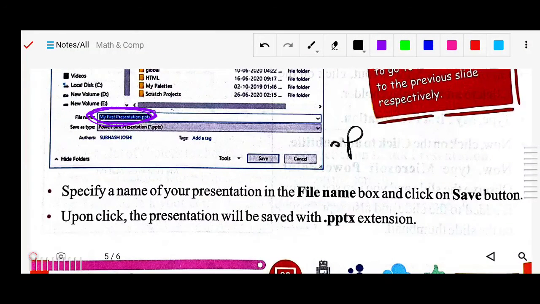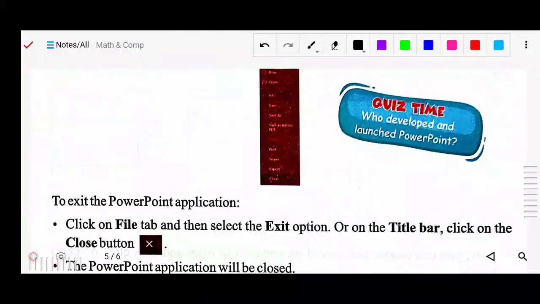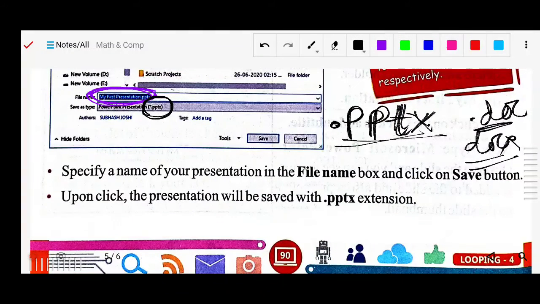You can see .pptx. This is the extension of a presentation file. Like in a document .doc or .docx is there, that is the extension for the document, and this is for PowerPoint, .pptx.